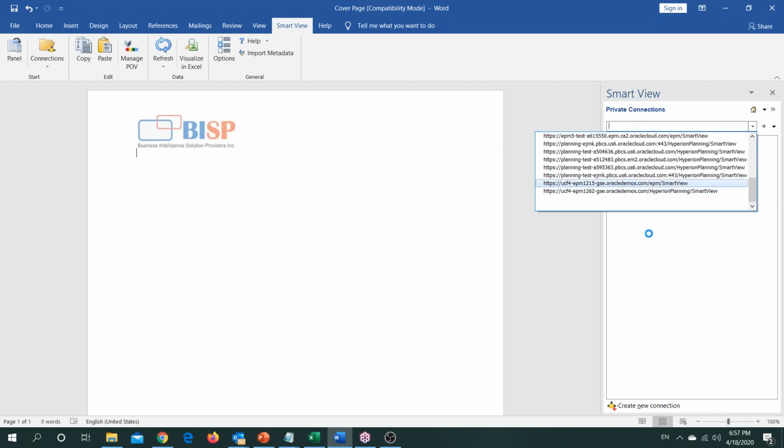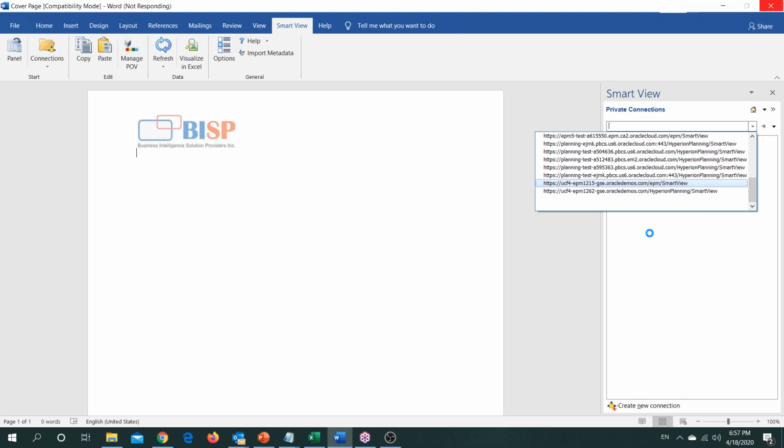Okay, this is our environment. Once connected to your environment in the Word using Smart View, you could make all the changes within your Word file, which is faster and more user friendly too.